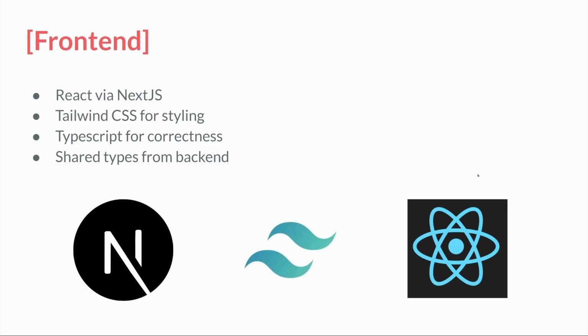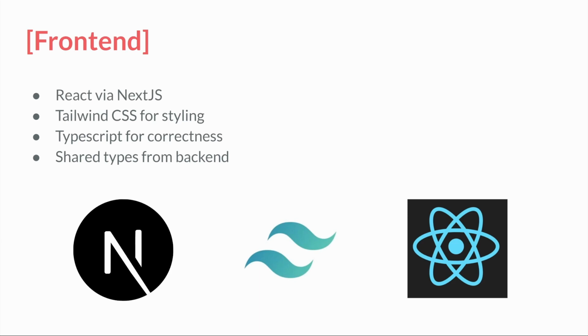For our front end, we're doing React via Next.js. React is pretty industry standard at this point for developing user interfaces, and Next.js is one of the most popular frameworks for writing React. It gives us a lot of nice utilities and performance benefits. We're using Tailwind CSS for styling. We're not using any component libraries here. We're doing it all ourselves. We could use component libraries, but they didn't provide too much of a benefit for us.